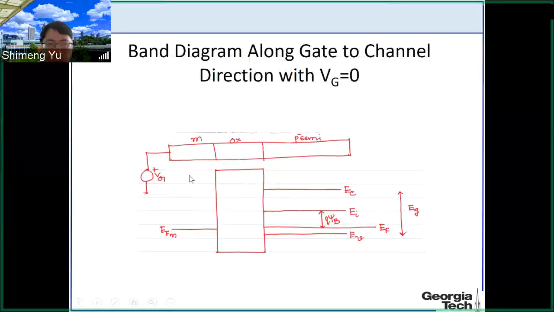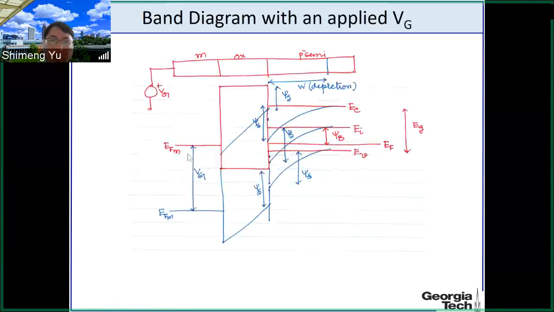So let's look at the positive voltage where you bend down the band like this. So here the blue curve is the band diagram when we have the positive voltage. So everything is bent down, but the relative distance will keep the same, okay? Because the band gap will not change. Like if you have EG for the band gap, so at the surface, the band gap will be the same